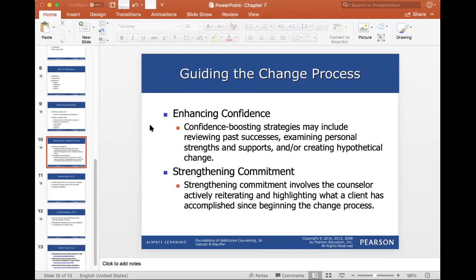Tell me about that. So that kind of instills hope that, hey, I can do that. And you want to really build on their strengths and support. So while they might be weaker in one area, they're strong in another area, and you just want to build on that. Strengthening commitment. Strengthening commitment involves the counselors actively